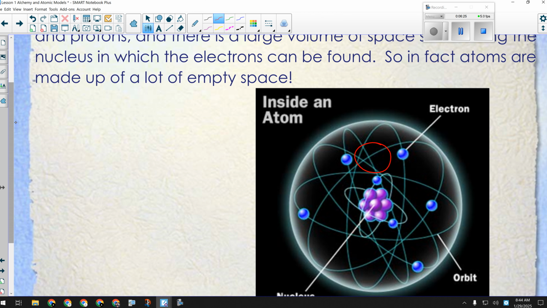This is kind of why Bohr's model persists, the planetary model. It's kind of like our solar system. Our solar system is huge, but when it comes right down to it, it's a lot of empty space. There's the 8 planets and the Kuiper belt objects and the asteroid belt. But if you sent a spacecraft out, the likelihood of it hitting anything on its way out of the solar system is pretty slim, because there's just so much empty space. That make sense?